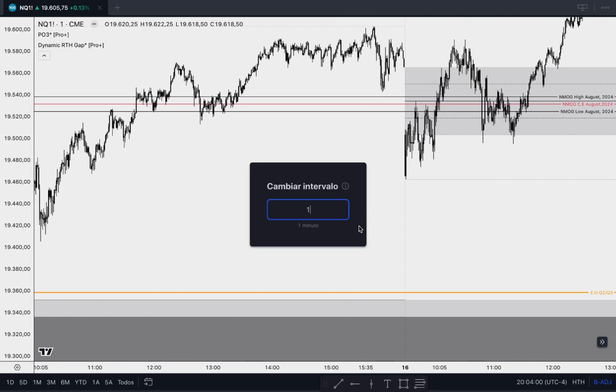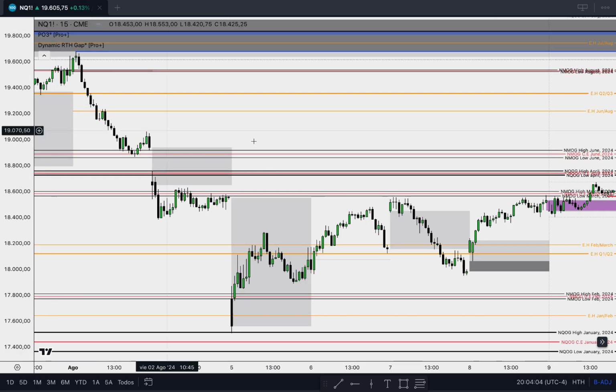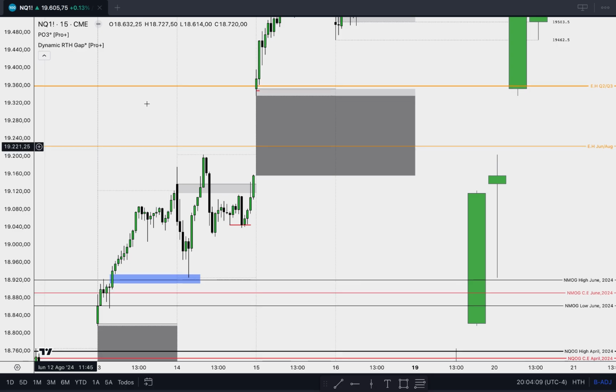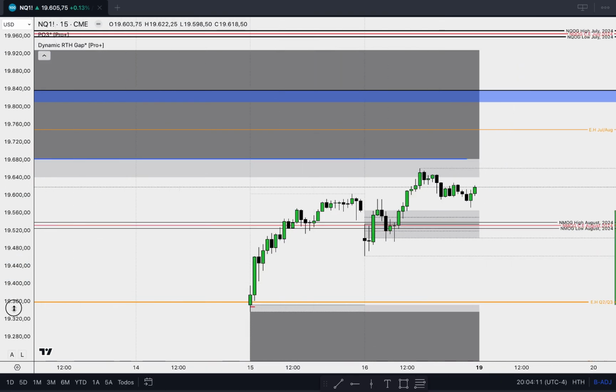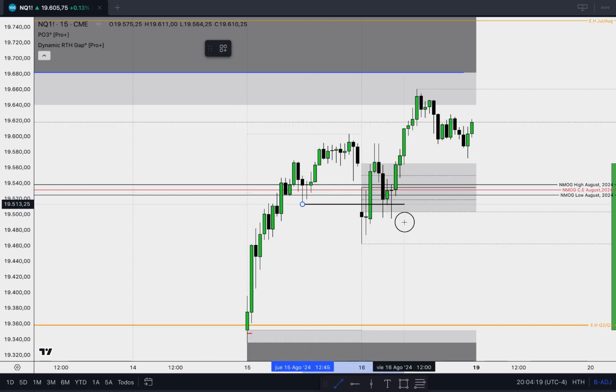Okay, so if we move on to the 15 minute chart, that is the time frame that I look at for stop runs or imbalance on my chart. And if you see that inside of this previous regular trading hours range, what do we have? Here, this is a stop run. And do we have an imbalance here? No, we don't. So we have from this order block to this high,